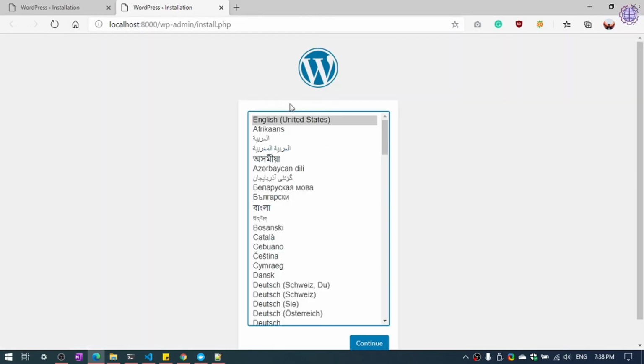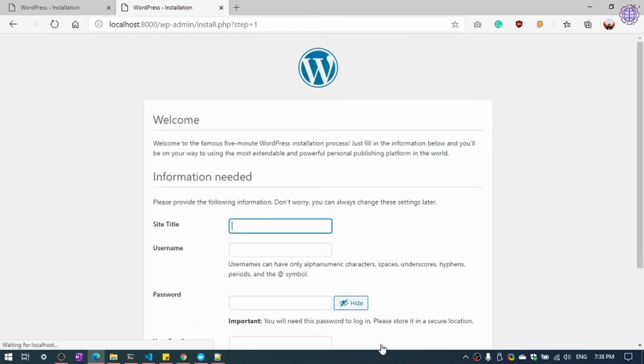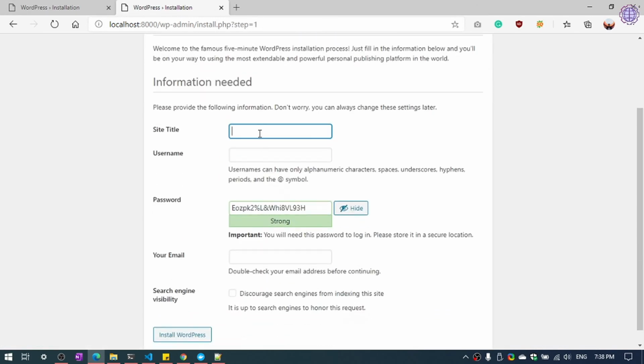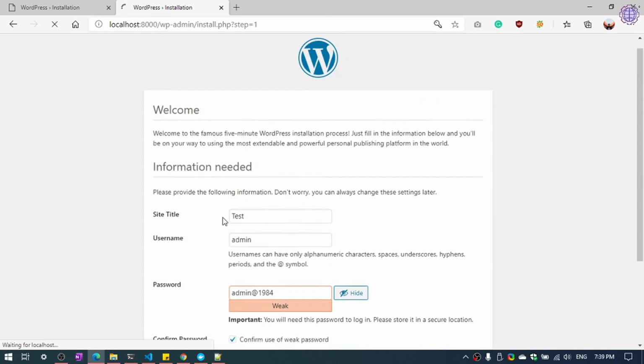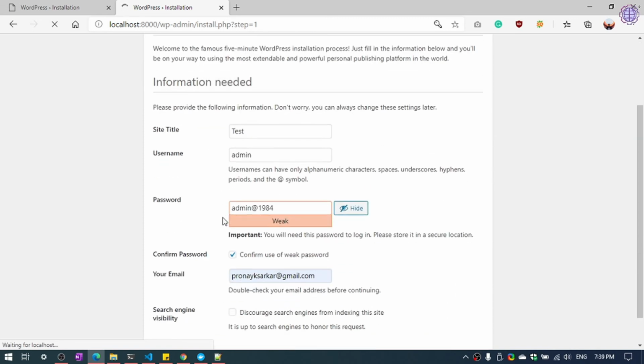Now select the language, click continue, type your site title, and install WordPress. No need to set up any extra database file here, it will happen automatically.